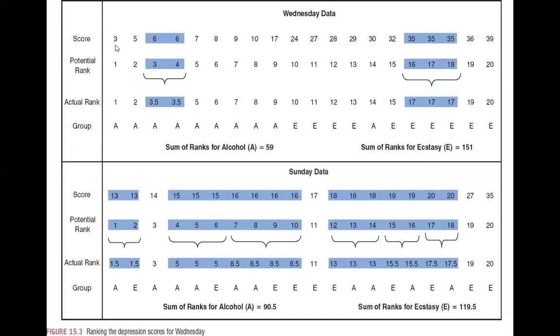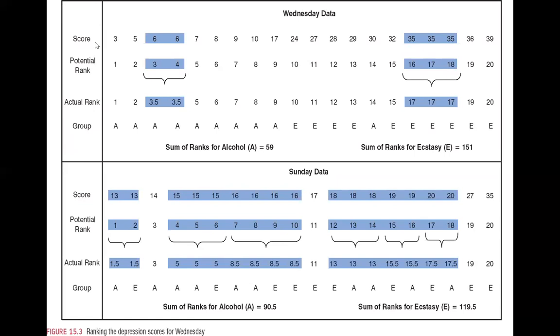Now the depression level. First of all, what will we do? We will give 10 participants the ecstasy tablet and 10 participants the alcohol or syrup. The next day we will measure the depression level of the patients. There is a criterion, the Beck Depression Inventory. There is a questionnaire to measure the depression.